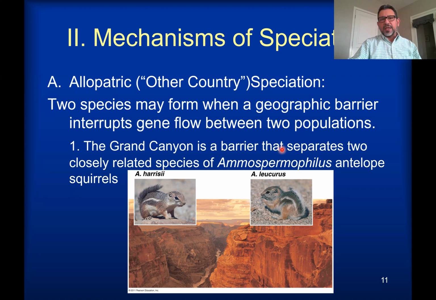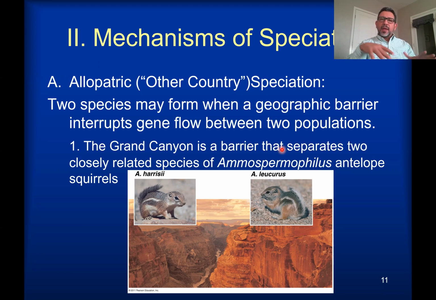Like in the example you see here in this slide, there are two species that are real similar when you look at these animals from a physical point of view, from an anatomical point of view. Antelope squirrels of the genus Ammospermophilus. Some live on the southern side of the Grand Canyon. Others are going to be on the northern side. And the Grand Canyon is going to be a barrier that these animals cannot overcome, cannot go from one place